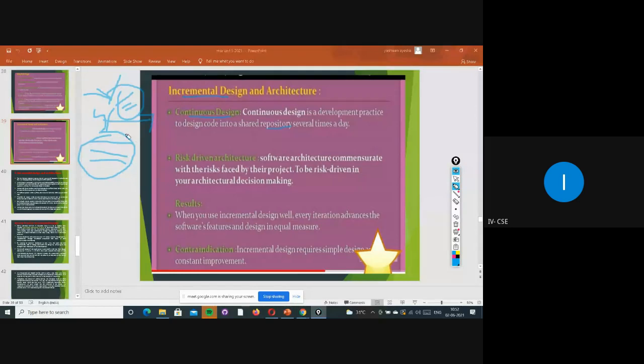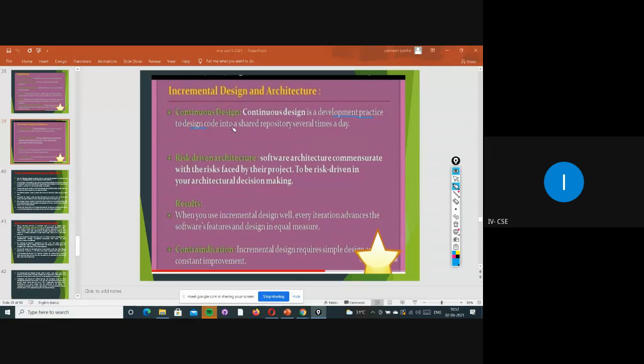Whoever is involved in that team will be making the changes, updating the code according to their need, according to that particular scenario or requirement, right? So that's why we say this continuous design is a development practice. It is a development practice. It is not a direct gunshot, where whatever code we have written is executed and shows the output. Not like that. Here, development practice on that particular design code will be done.